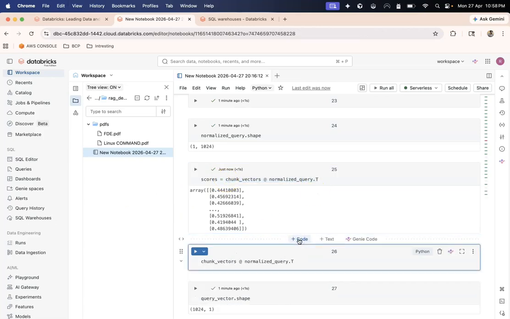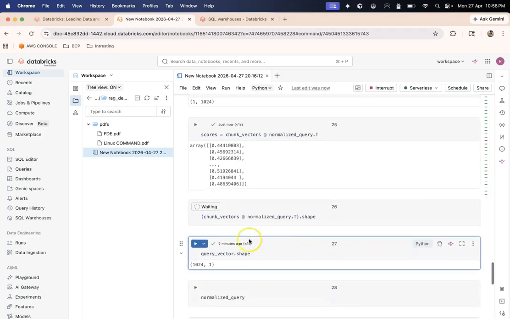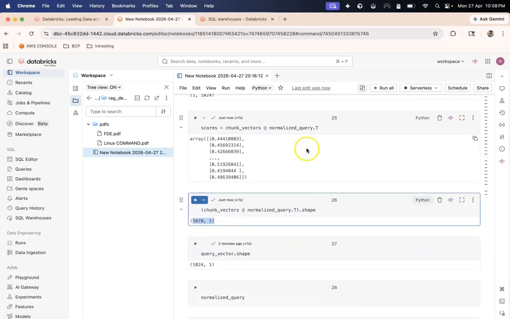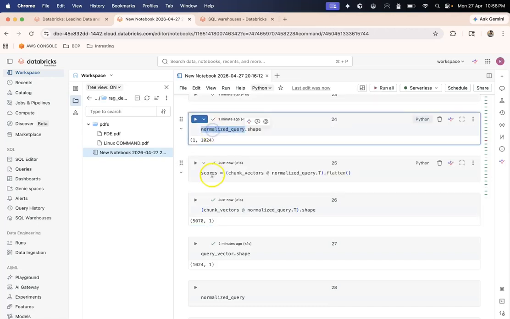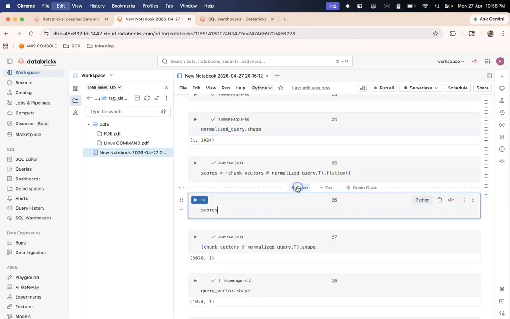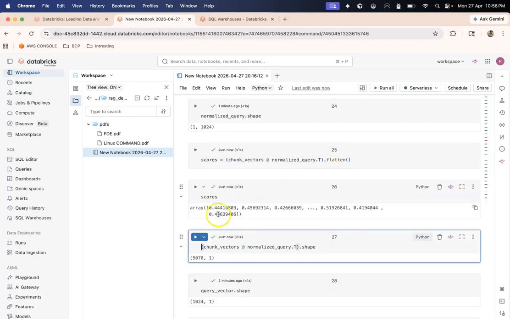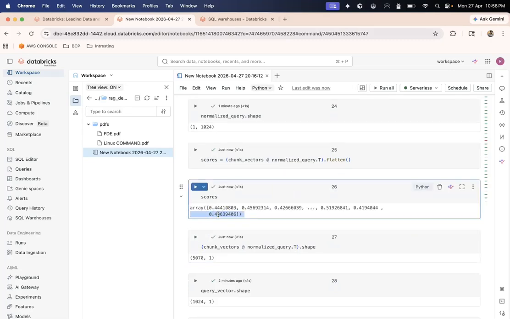If I check the shape of it, it has two dimensions. I want to flatten it. So I will enclose both of these in parentheses and flatten it. Now I have a scores array of numbers, which represent scores.